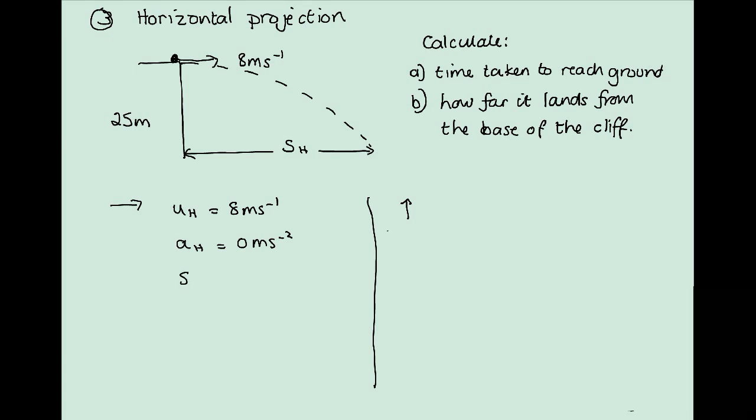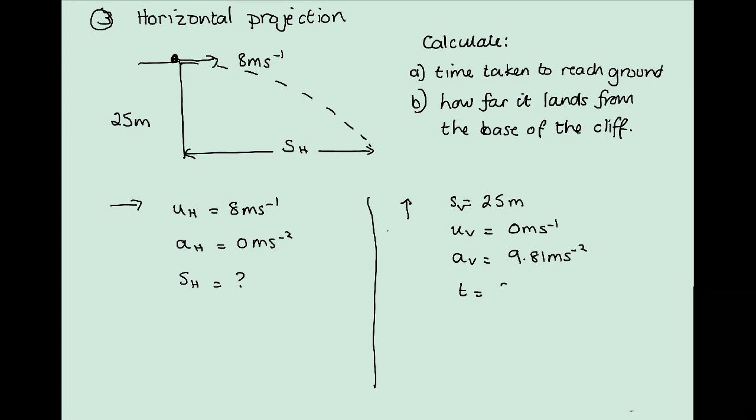The displacement there is what we're going to have to find, and at the moment we don't have enough to solve this, so let's go back to the vertical for the moment to calculate this first part A, the time taken to reach the ground. In the vertical, we know that the vertical displacement is 25, the object's going to fall 25 meters. We know that the initial vertical speed is 0, because that initial velocity is purely horizontal. I'm just going to put a little v in there as well. Our acceleration in the vertical is, of course, 9.81 meters per second squared,